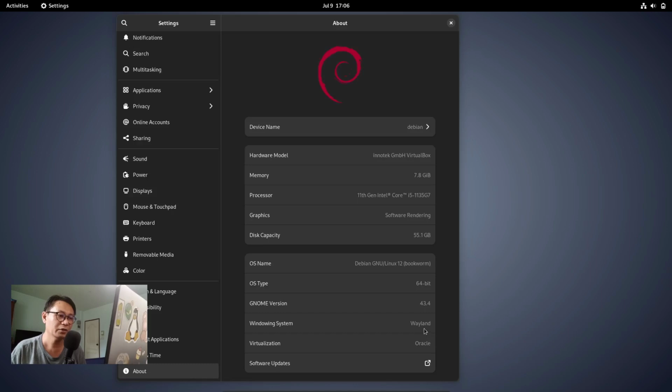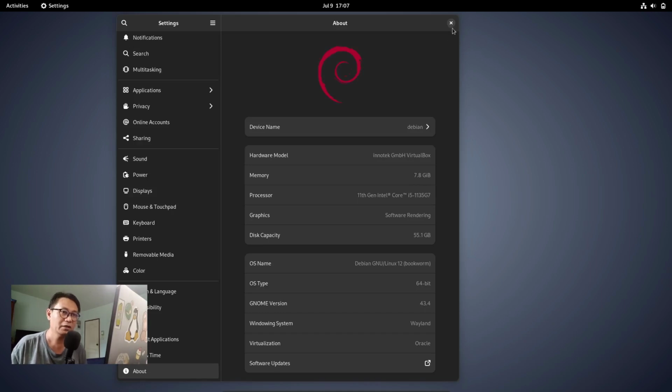Okay, we have the GRUB system, Wayland, not Xorg or X11, and they are using GNOME version 43.4, and of course I'm using the Oracle virtual machine. I'm also using the i5 11th generation processor with only 8 gigabytes of physical